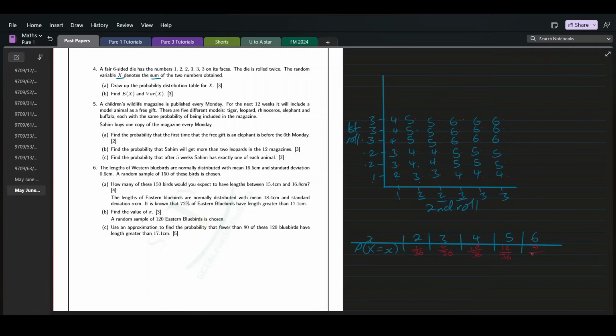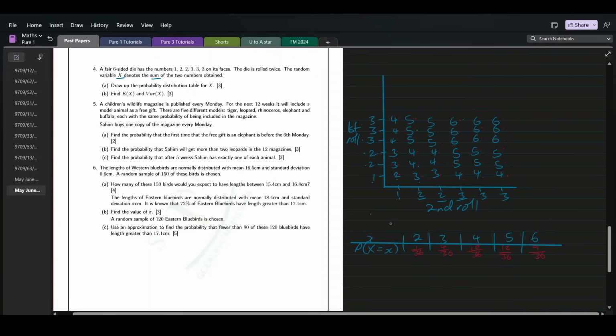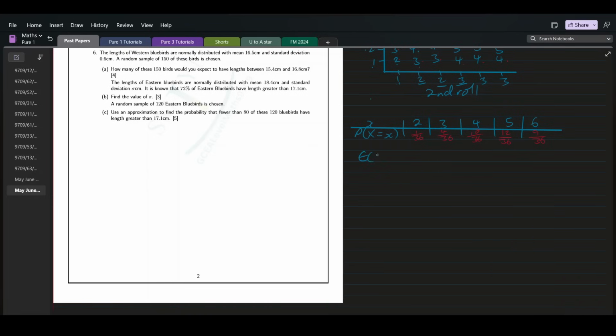9 out of 36. And this would be our probability distribution table. Okay, part B says find the expectation of x and the variance of x. So let's start with expectation. Expectation of x is equal to the summation of x times p. So expectation of x here is equal to 2 times 1 over 36 plus 3 times 4 over 36 plus